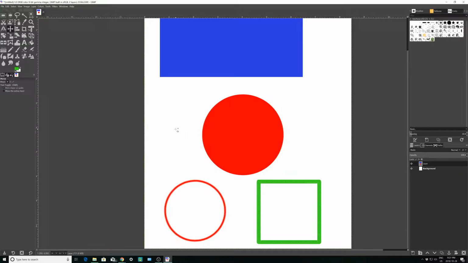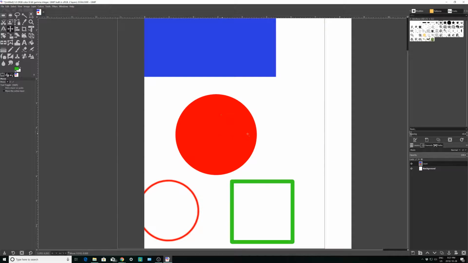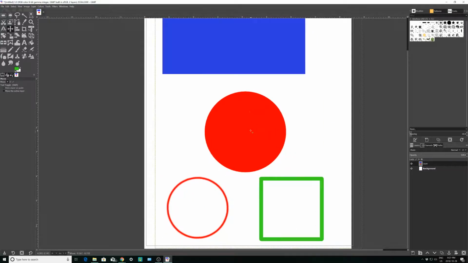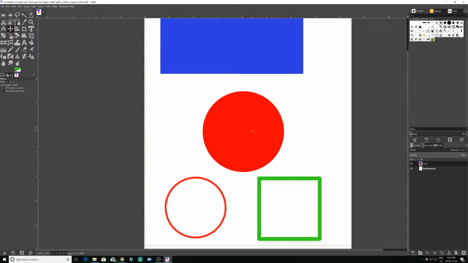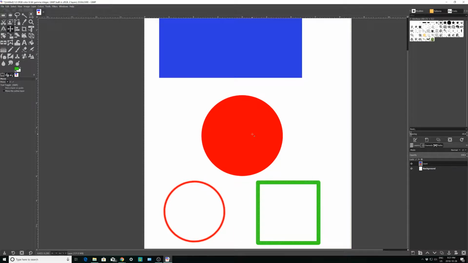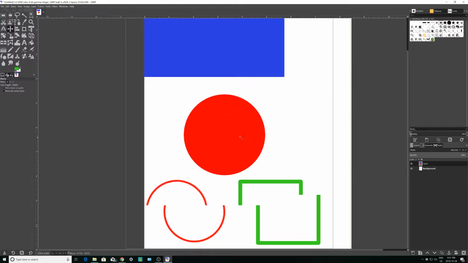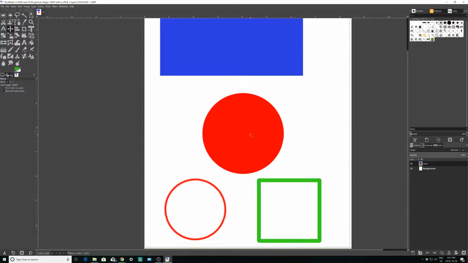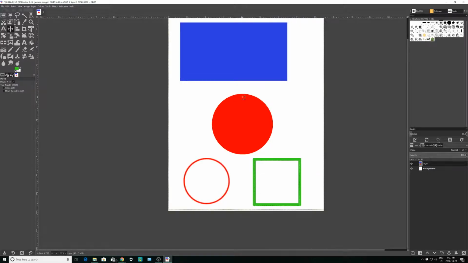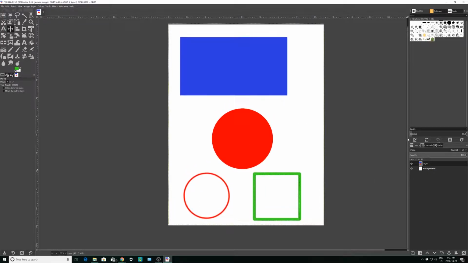I can go up to the Move Tool, I can click on the circle, but it moves everything on the exact same layer. And that's not ideal, especially when you're trying to make a composition with a whole bunch of different layers on it. So let's say I want to be able to move my shapes around, because by default you want to move things around, especially when you're creating a book cover. It's nice to have different layers going on, things on top of other things. So let's make a new layer,